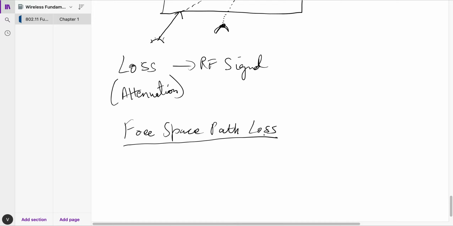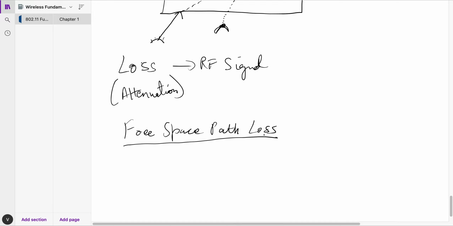Now, this is called free space path loss. Even though there is no absorption happening, no reflection, no refraction, no scattering or diffraction happening, still, due to free space, you can call it beam divergence, you can call it air friction, the loss of the RF signal happens because of free space also. So that loss is called free space path loss. We have to also take into account this loss when we transmit and receive data between a transmitter and a receiver.